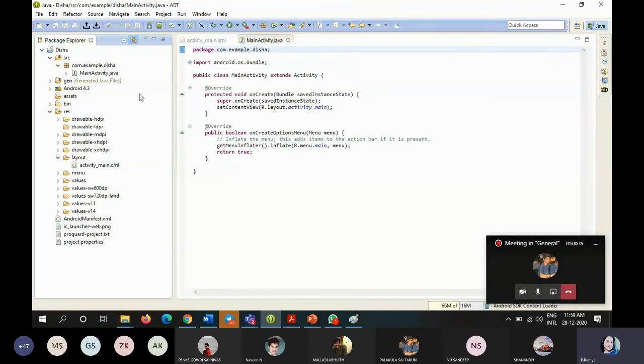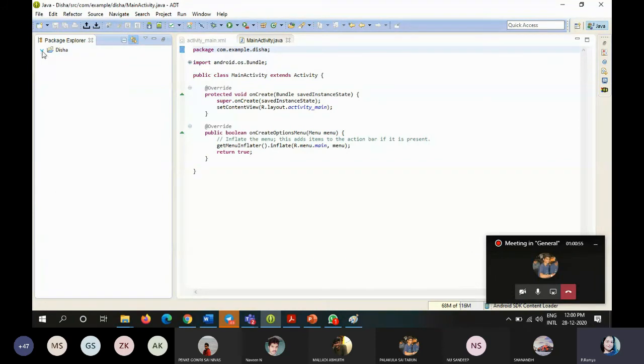Before creating an application, you must know what is meant by SRC, gen, the drawable folder, values, manifest, everything, within the Eclipse platform. Before explaining the package explorer, firstly you have to know one important thing within the Eclipse platform.